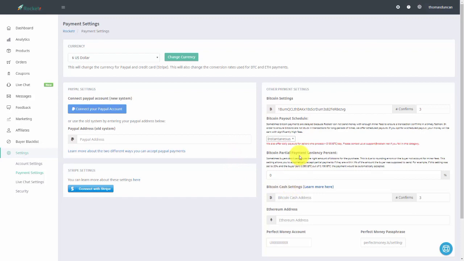Now, it has what it calls a Bitcoin partial payment leniency percent. And this means that when the payment that you get lands within a certain percentage, you will opt to go ahead and take that payment. The reason this is necessary is because the price fluctuates often during the course of a day. It could be that the buyer may not have processed enough Bitcoin to meet your price. And what you can do is you can set this number. If the buyer meets within 5% or 10% or 15% of the actual price, you can determine that you will accept that payment